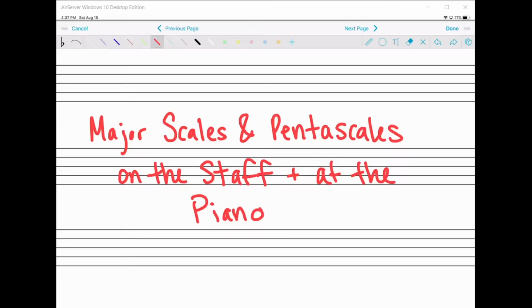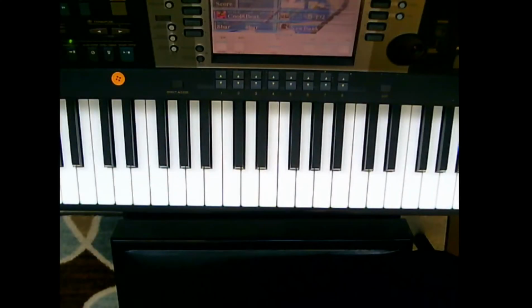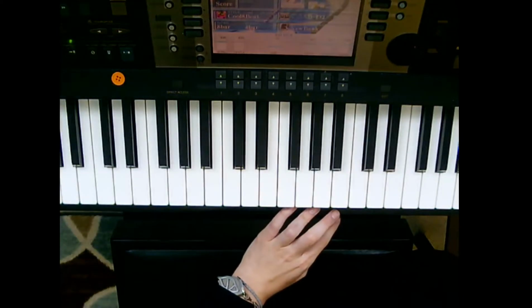Guys, we're back. In this video, we're going to talk about major scales and pentascales on the staff and at the piano. To begin, we're going to take a look at our piano and talk about a couple important definitions we're going to need. First of all, if we take a look at the instrument, we need to understand